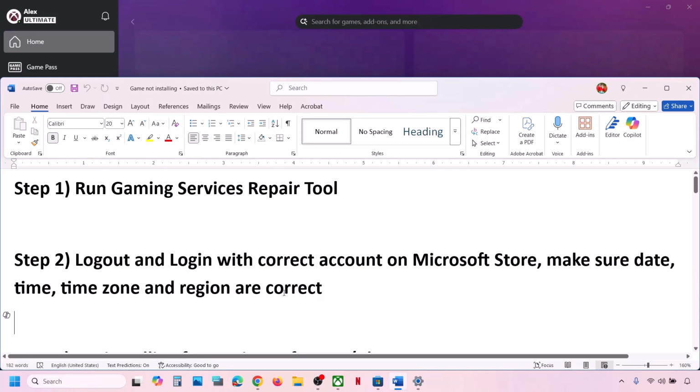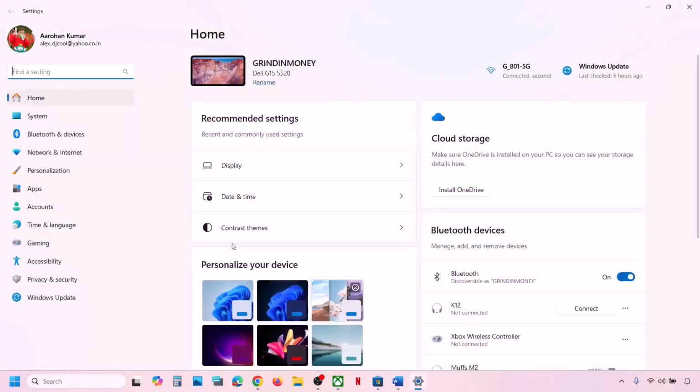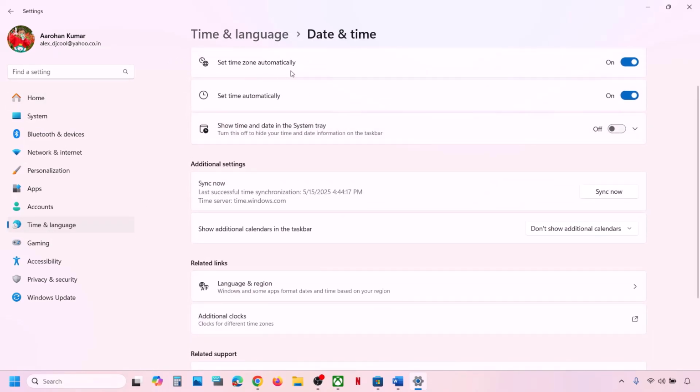Now also make sure date, time zone is correct on your computer. So now for this you can go to Windows settings, go to time and language and then go to date and time and make sure set time zone automatically is on. If this is off you can turn it on. Also set time automatically, make sure that this is on. If this is off you can turn it on. Make sure both are on and then click on sync now. Sync now is important, so click on sync now. If you receive any error in red color, just click on sync now multiple times, and once this is synced,